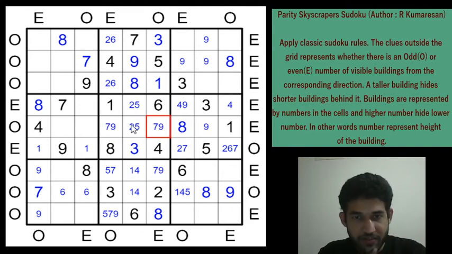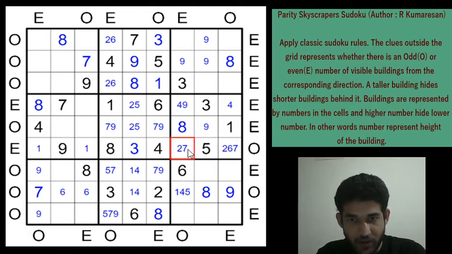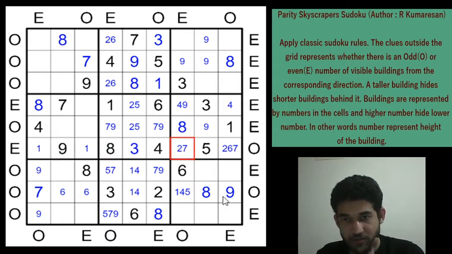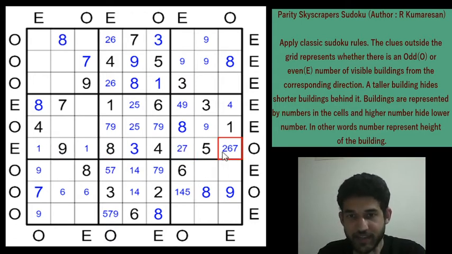So 7 is restricted to one of these 2 cells and 7 is here. So 7 must go into one of these 2 cells in box 6. Can you have a 7 here? Yes, because this can be a 2 and then you will see 2, 5, 7, 8 and 9. So we can have the 7 there. But can we have the 6 there? 6 is not possible, guys.